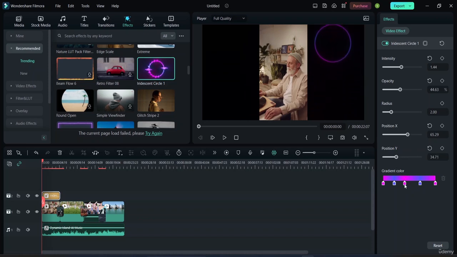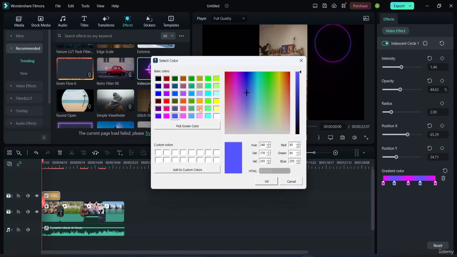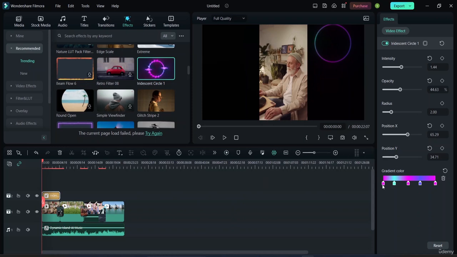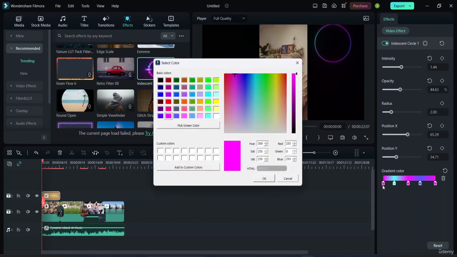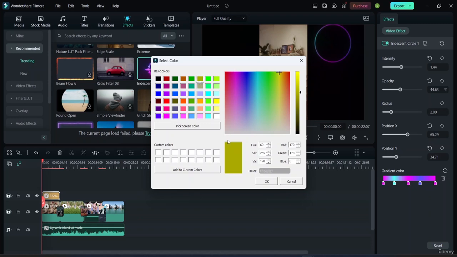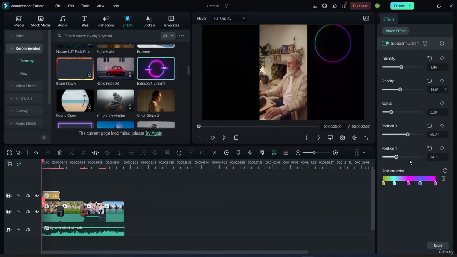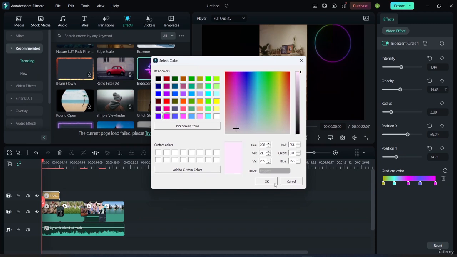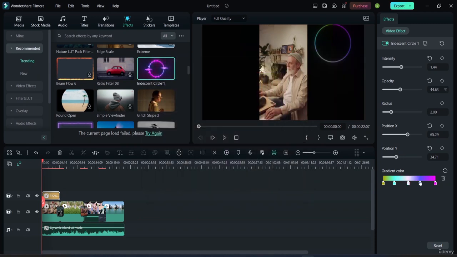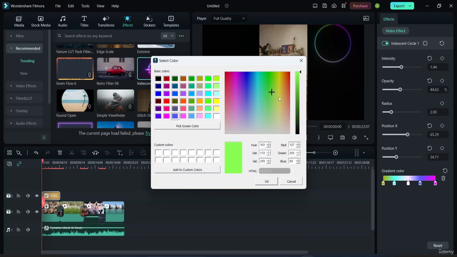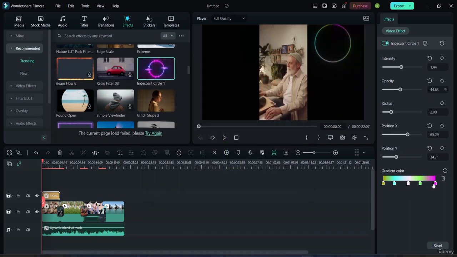And from here, now I can also choose the gradient colors. If I double click here, you can see I can choose my own color from here, like which color do I want to use. Okay. And I will click on OK. And I have changed this one. Let me change this color as well. Let me take this. Okay. And here I will change this color to something in white. Okay. And this one to green. And this color,